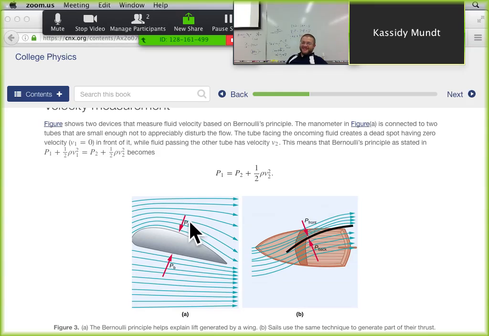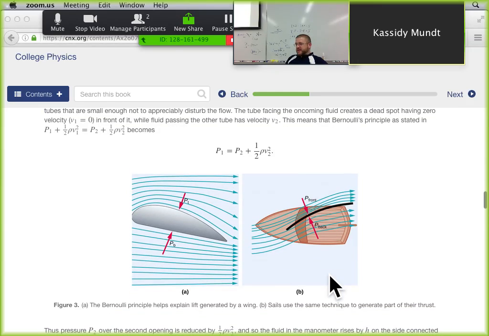But for sure, Bernoulli's law is involved here. With sails, the same idea. With sails, you have the angle of the sail speeds up the air in one direction, slows it down another, creates lower and higher pressures. So on the back side here, it's actually slowing down. In this front side, it's speeding up, and you have the low pressure and the high pressure here.